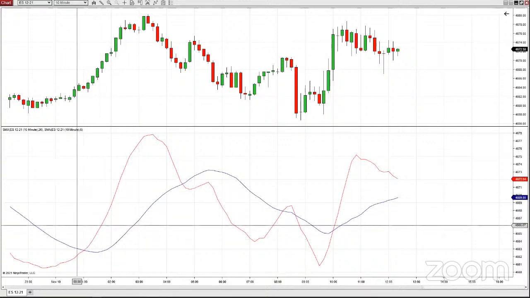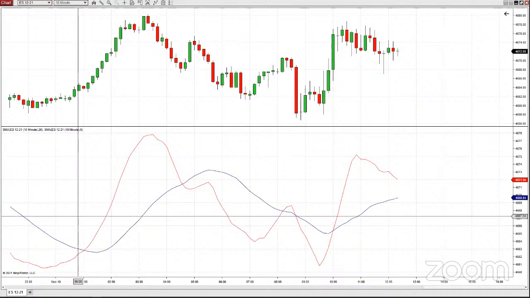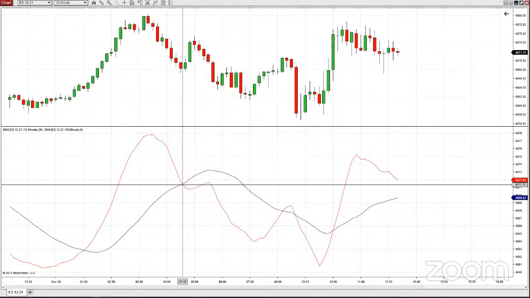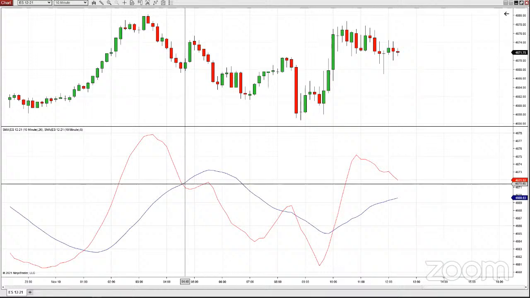But now keep in mind, these are lagging indicators, and they're not always good. Sometimes they're bad. Let's take a look at this next one here, where we crossed under, right? You wait for a candle, you got confirmation, and a trader might say, hey, I'm going to go short because the fast moving average is going under the slow. In this particular case, your trade would not have worked out so well, depending on what your duration is, right? So it wasn't as good of an indicator.